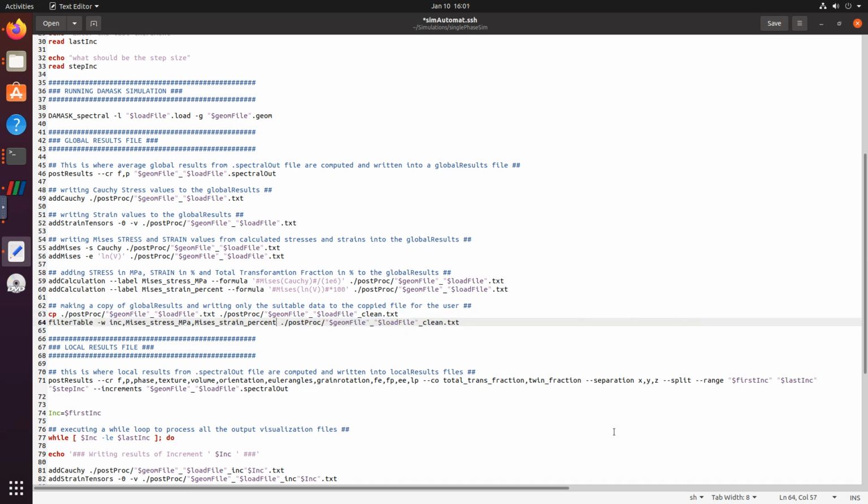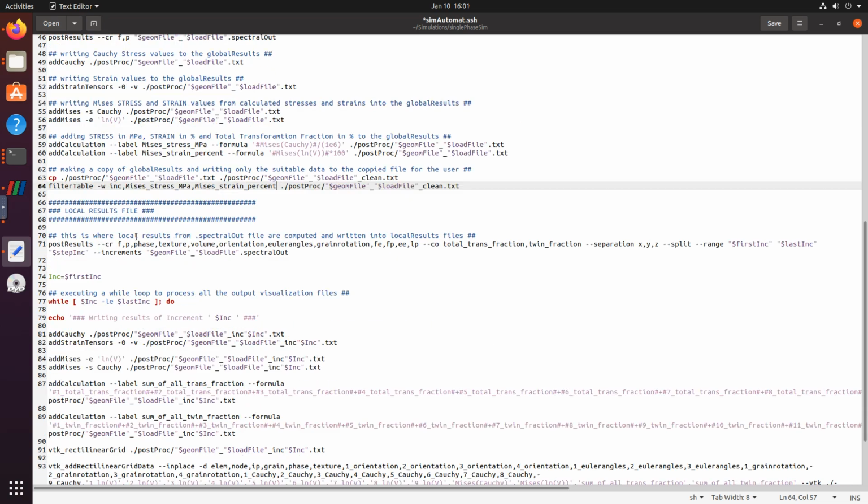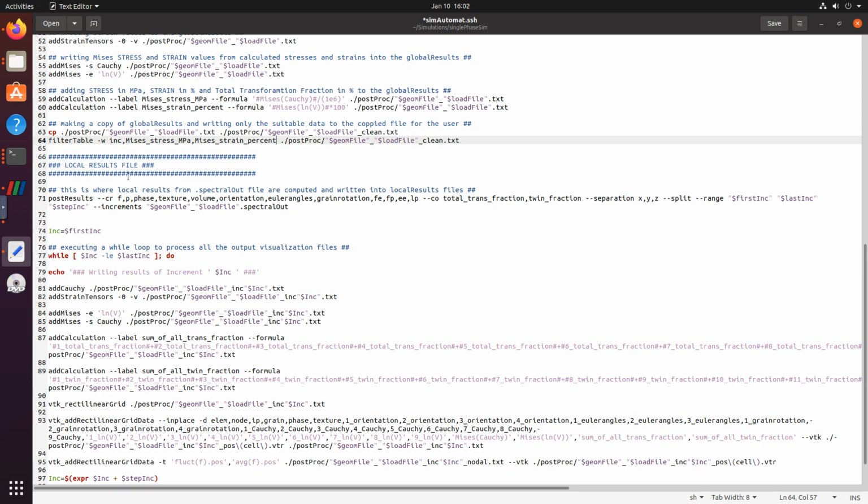that's it, right? So previously we saw how we run all these commands one by one, and what the implications are. What do these commands do, what do they write in the file, and then we were able to reach these Mises stress or strains. But what we can do is write a script that will automatically do this on all the files later. And similarly, to look at the local results, we have already